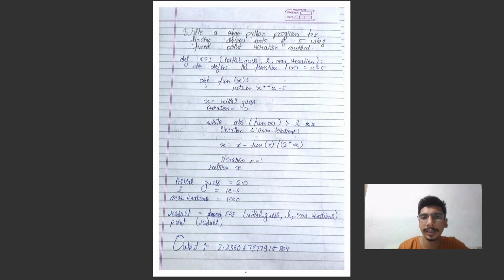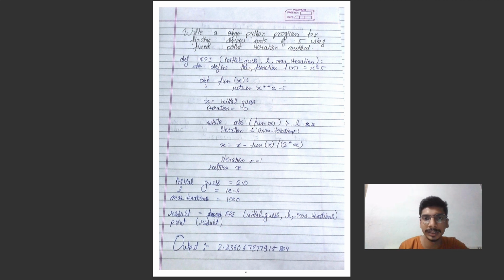Here L will be the tolerance level, meaning at what correct decimal place we want our answer. Max will be the maximum iterations performed in our program, and initial guess will be our